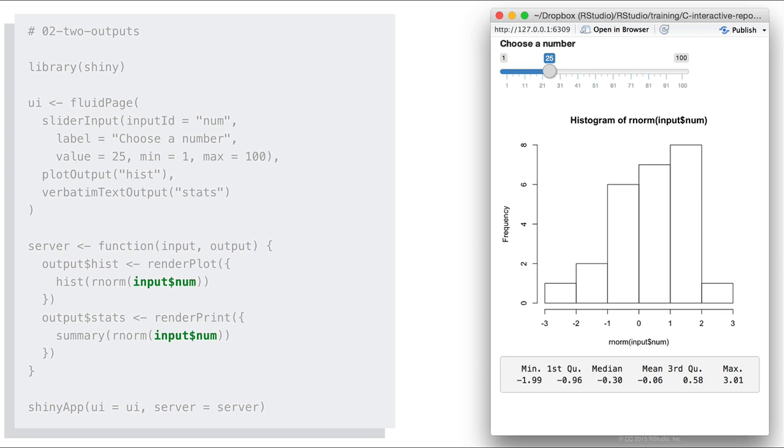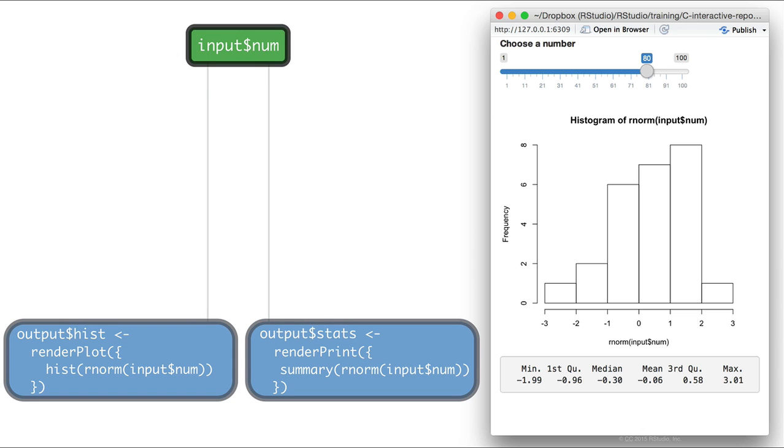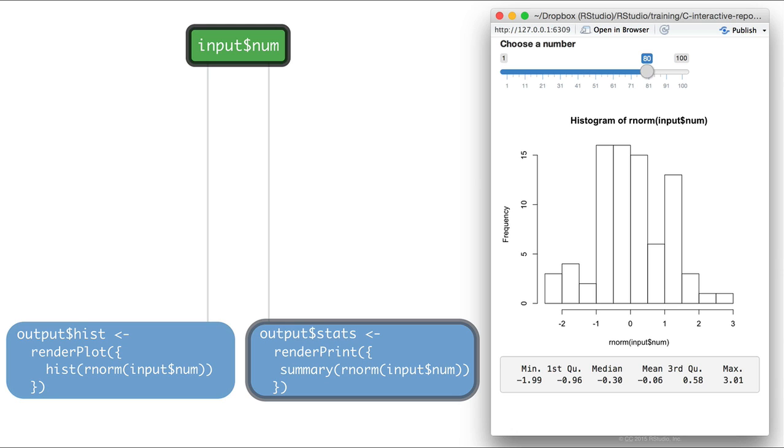Each of these output objects uses the same input object, input$num, which means our app looks something like this. We have one reactive value, and two things depend on it downstream. When that reactive value changes, for example, when we move the slider, it notifies both of those objects that they're invalidated, and then these objects rerun their code blocks to update themselves. So first, the histogram will rerun its code block. It's going to generate input$num random normal values, and it's going to plot them as a histogram. And then the second observer object, output$stats, will rerun its code. It's going to generate input$num random normal values and print out the summary of those,